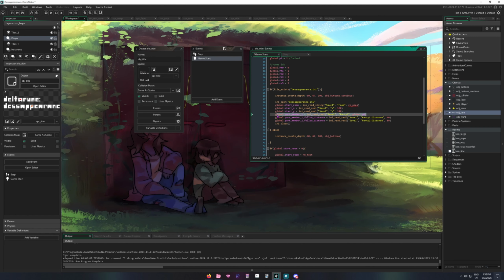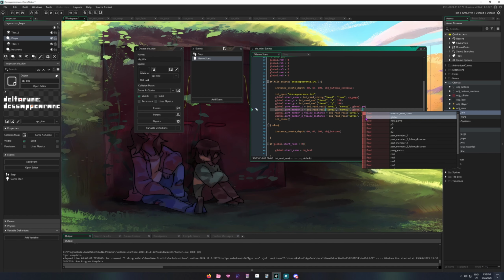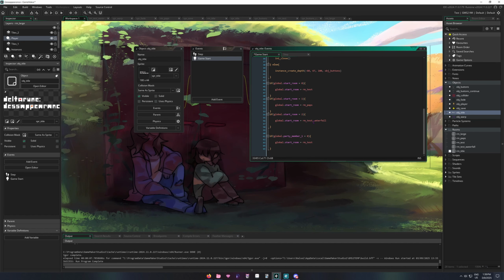Okay, and now we can do the same thing for 2, and change this to 2, and we'll set this to 1. Okay, so then down here, party1, 0, start room, we don't want that. Party member 1, 0, and this is going to